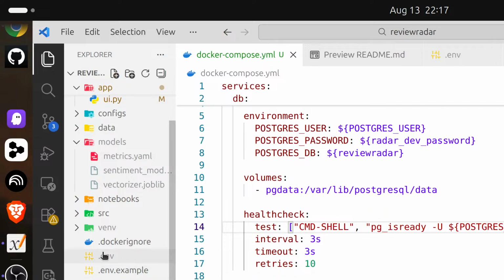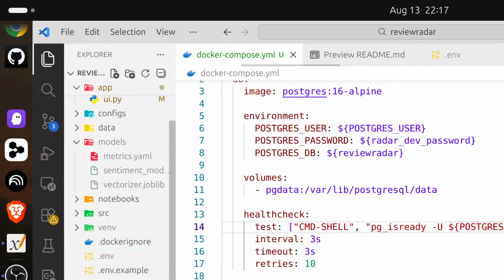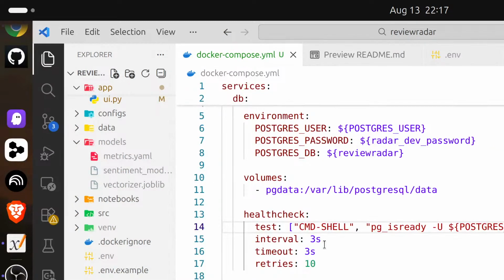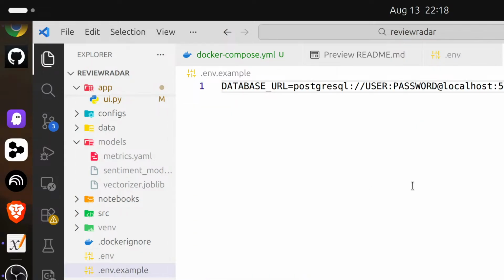Right, so that is what we have to do. Everything will reference from there. And we have to update this also, because we can commit this .env file, right? So what we can do is, here